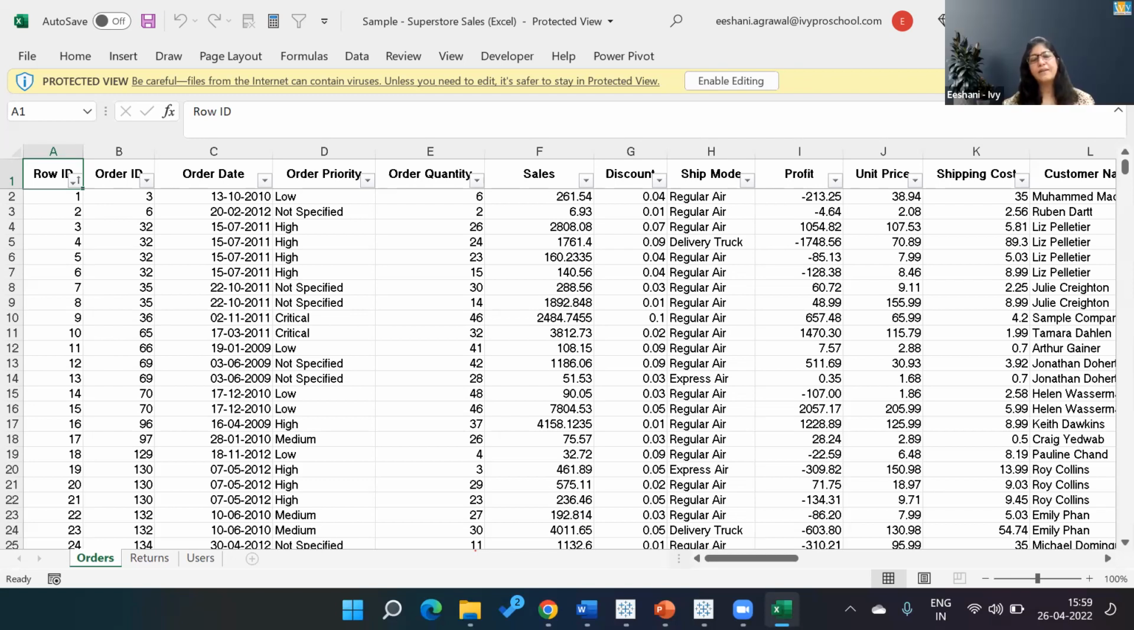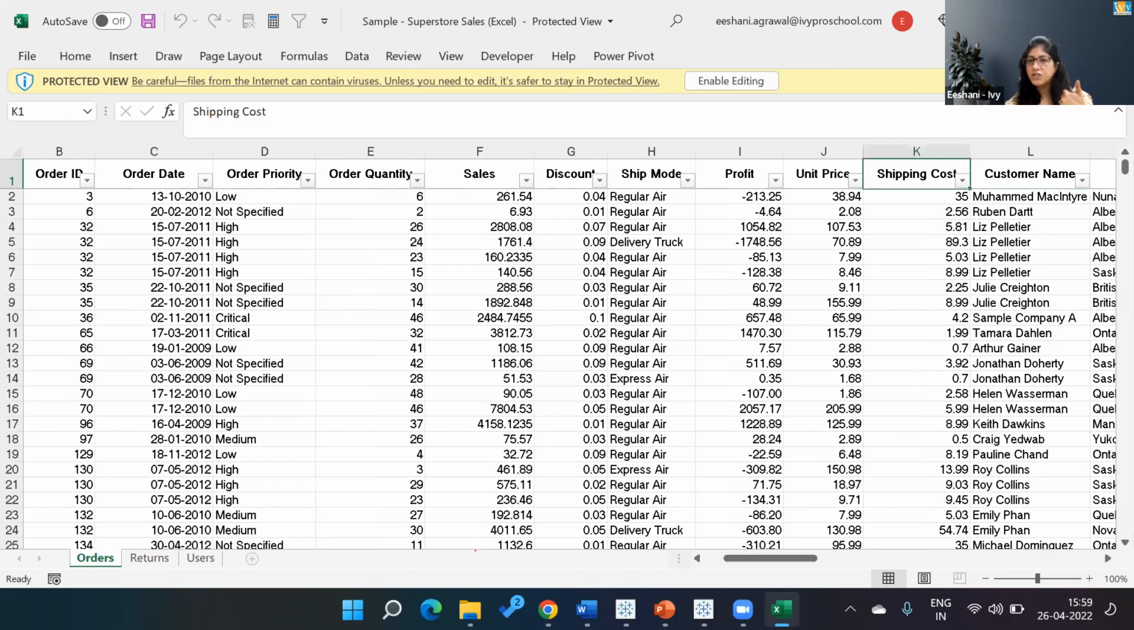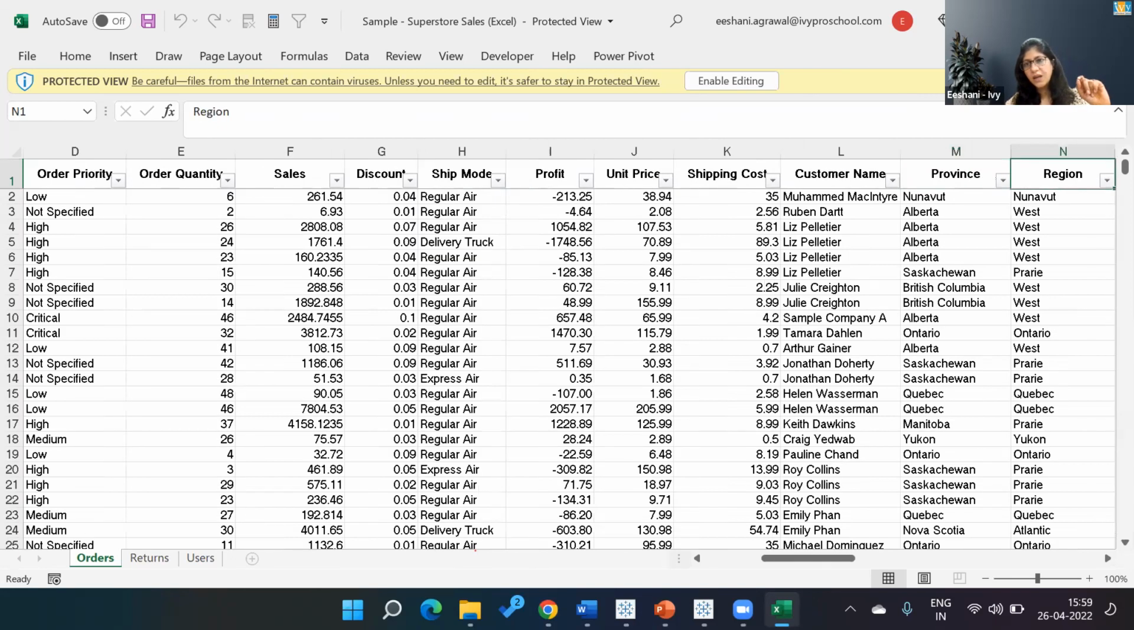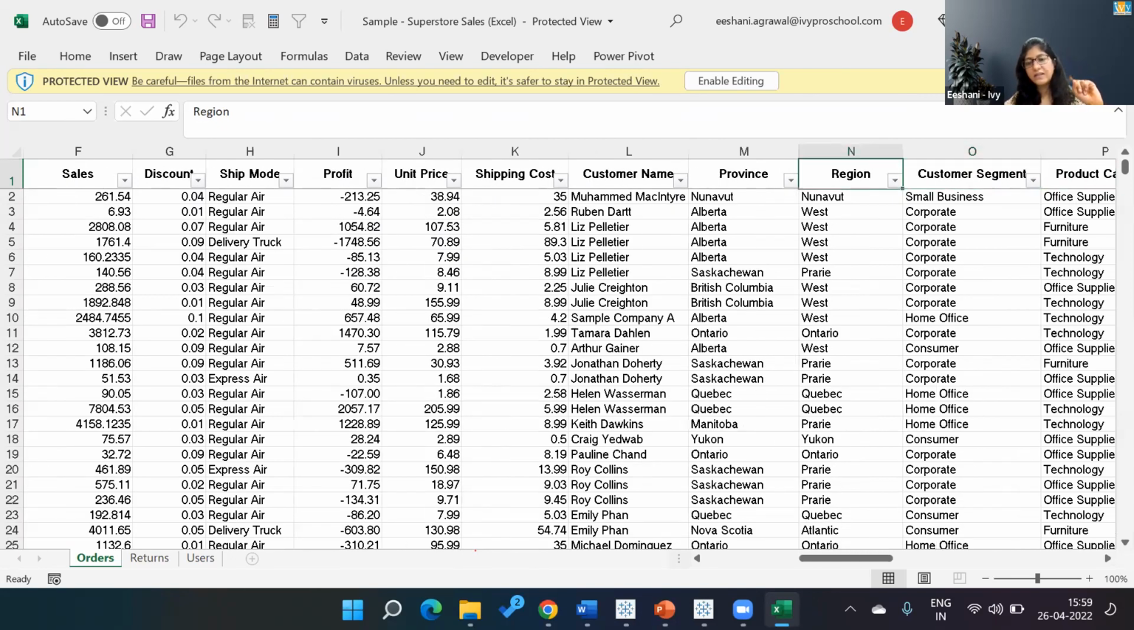Okay. And we've kept the data set also something that you're very familiar with. However, it's not exactly the same data set. Things like order priorities are over here. Ship mode was there also. Shipping cost is there, which was not there initially. Provinces are there. And this is Canada